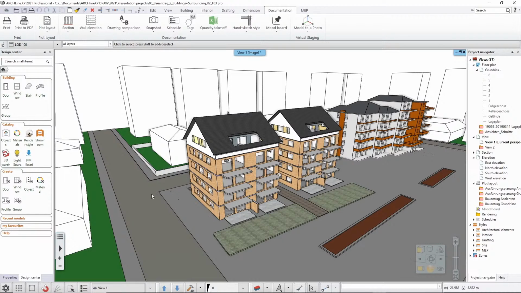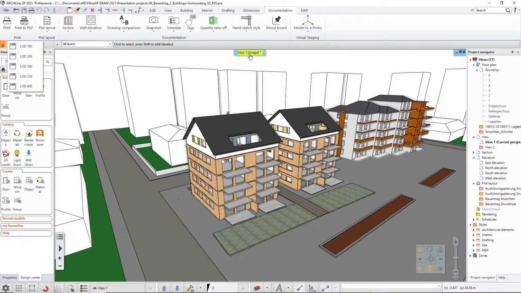There are no street lights, any sort of benches here on the street. There is no railing, nothing much of a fancy detail on this building. Really, literally just the structure and the rest of the building part. So if I would like to change this LOD 100 setting to LOD 200,